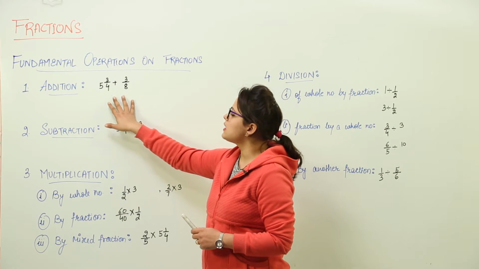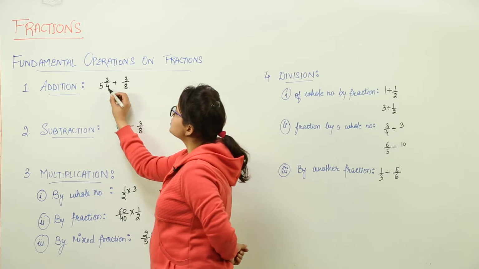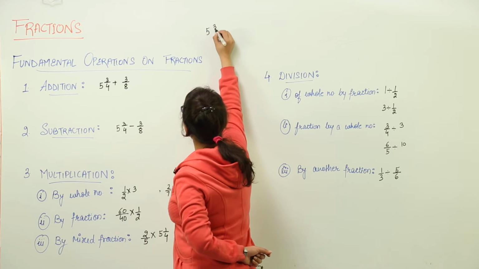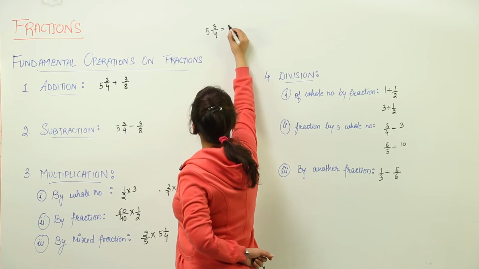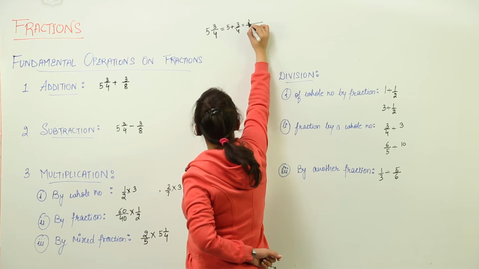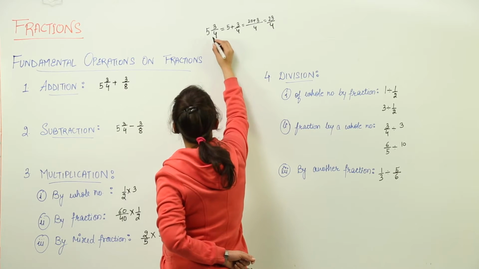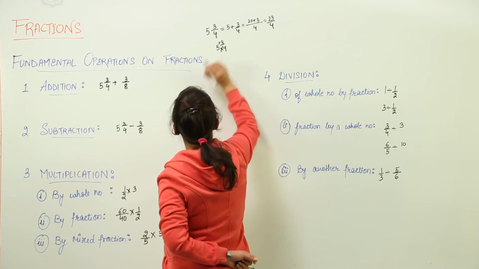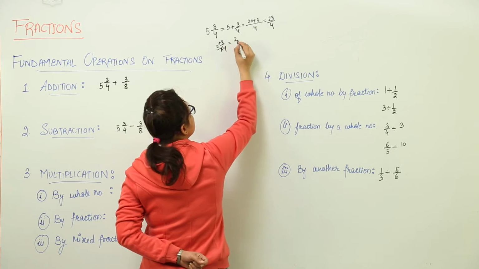Over here I have taken the example of a mixed fraction and a proper fraction. How to add them? First you have to convert this mixed fraction into a proper fraction. Now as we have learned how to convert this into a fraction, either you can actually do the addition. This is one way. You would get 4 as the LCM, 4 5s are 20, plus 3, and you get 23 over 4. Or otherwise the shorter method to do this is you make a multiplication sign and plus sign over here. That means 4 5s are 20, 20 plus 3, 23 upon 4.